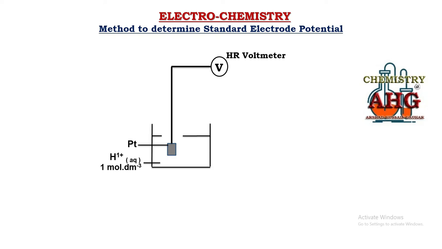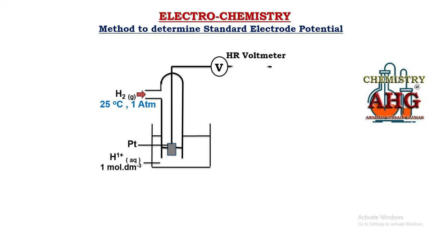Another problem: hydrogen is a gas. Gases are difficult to contain since they spread out, they diffuse. So whenever we want to construct a half cell for any gas or liquid, we use a special type of glass container. This glass container helps to contain gases and liquids while constructing a half cell. We fill in this glass container by using an automated valve at this opening, and we fill in hydrogen gas at a temperature of 25 degrees Celsius and 1 atm pressure. Now you can see one terminal of the voltmeter has been connected to the hydrogen half cell.